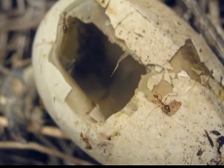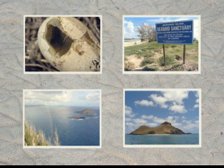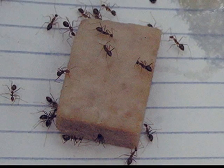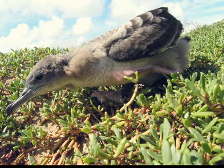For example, on Kure Atoll, researchers have documented newly hatched seabird chicks being eaten alive by big-headed ants. Some species of ants found in the main Hawaiian Islands are not found in the northwestern Hawaiian Islands, but if they were introduced, they could cause ecological damage that rivals the destruction caused by rats and rabbits. For example, long-legged ants found on the offshore islands of Oahu have caused entire colonies of wedge-tailed shearwaters to abandon